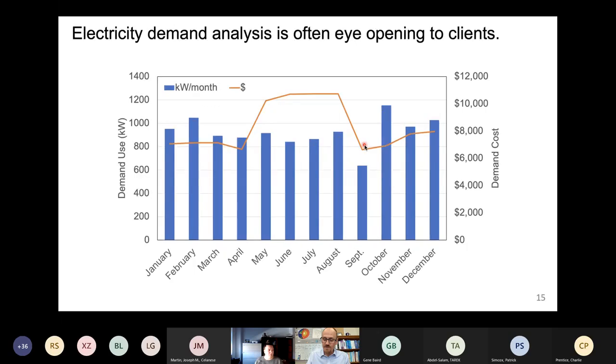But electricity demand is often eye-opening to folks because the demand charge is kilowatts. So this is the power. This is the instantaneous draw on the system that you're using. Now, even though their